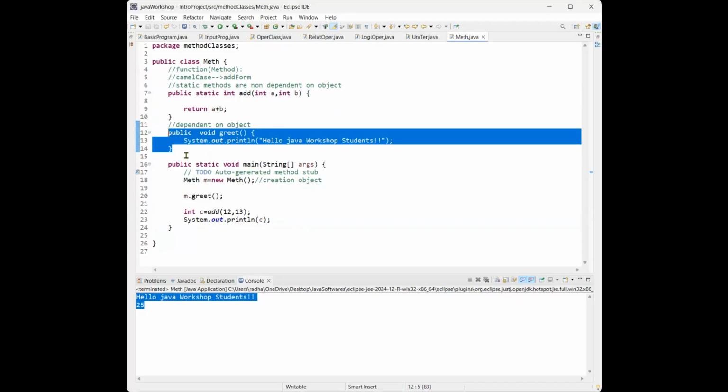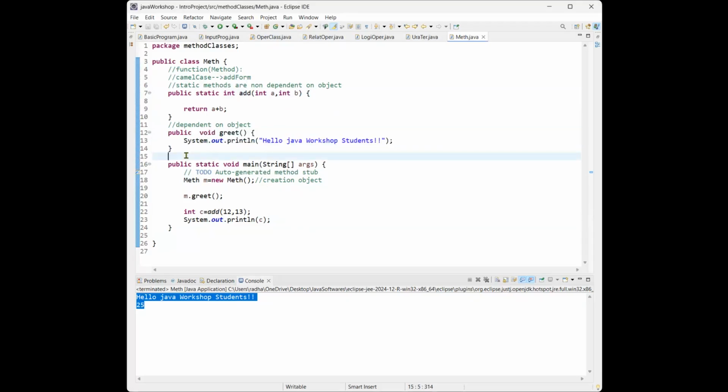Like in the previous part, these are predefined functions, which are nothing but functions provided by the Java libraries. This is one example: System.out.println is one of the methods. Predefined methods means those are already defined in the Java libraries. One is System.out.println, and we have